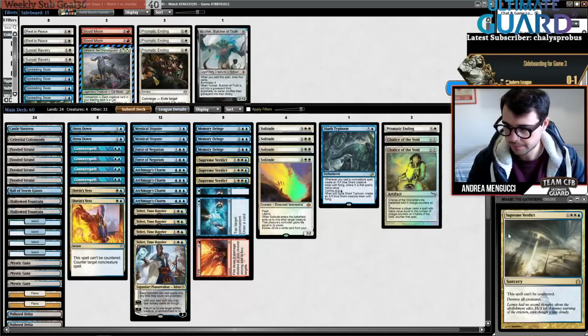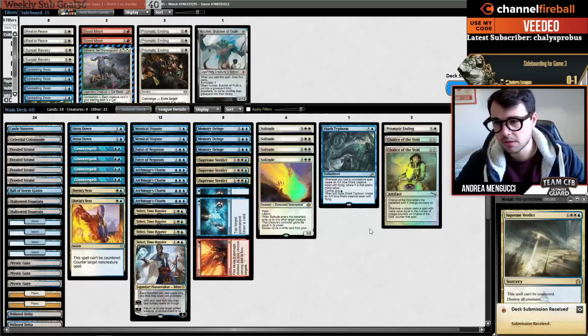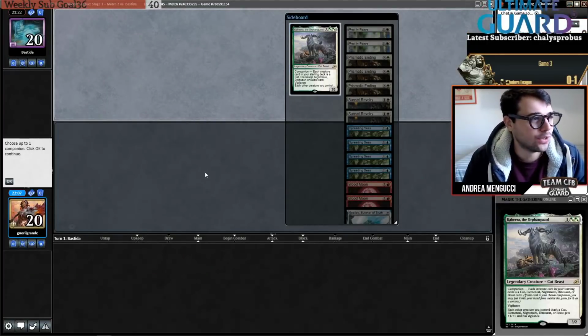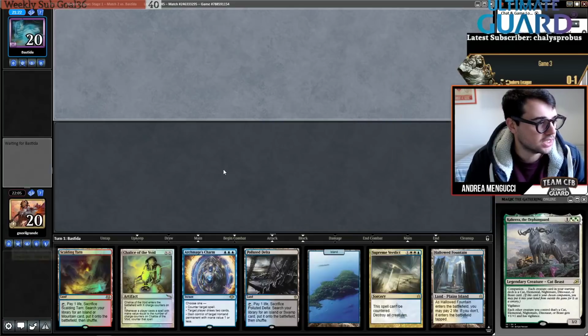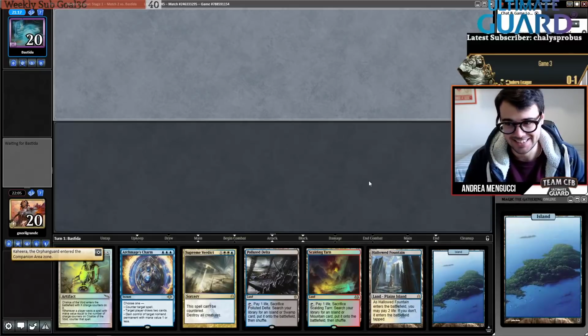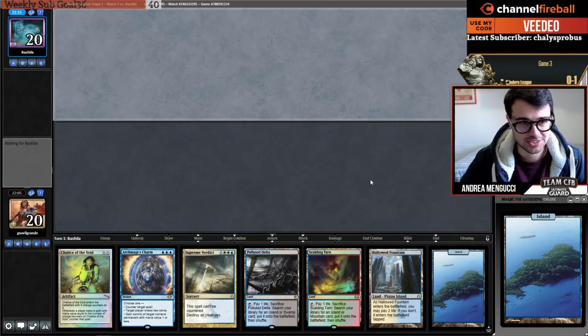Okay. As I said, this game was ours. The next one, though, it's... Okay. Kaheera, the Orphanguard. Come on. Force of Negation. This is a strange keep, but...